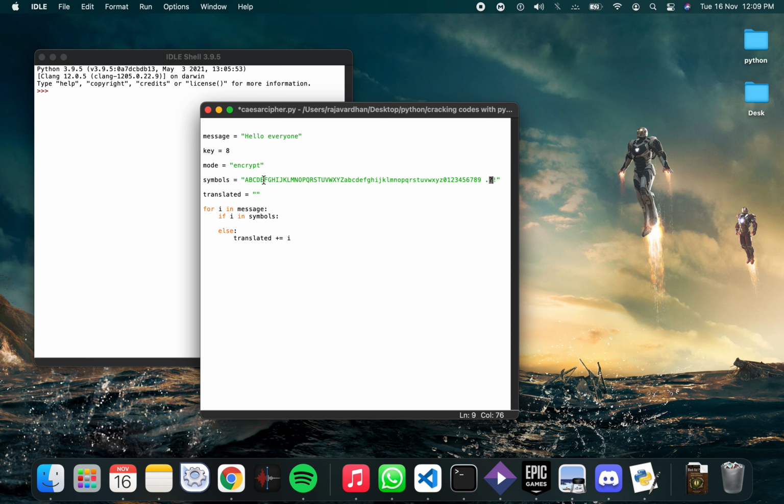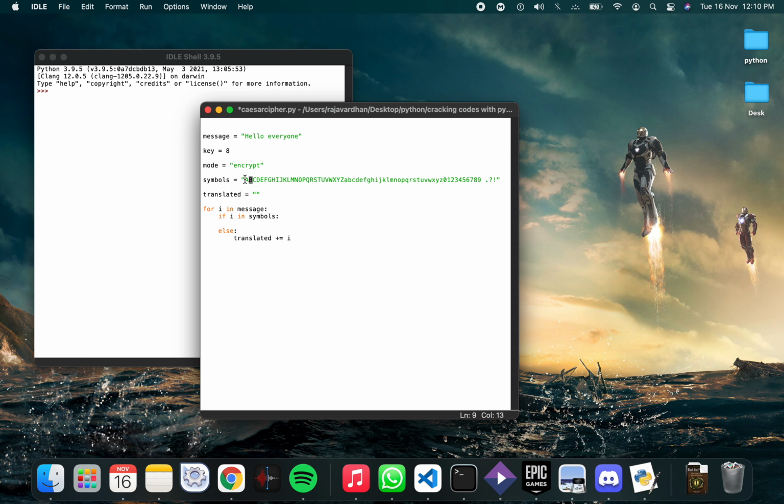If I have to decrypt this character, I have to reduce the index value by 8, right? And again it will not be in the index, it will be a negative value. The index of the string will start with 0 and end with the length of the string minus 1.